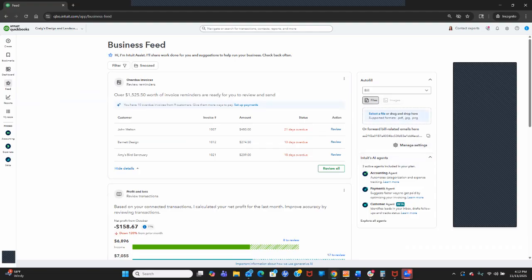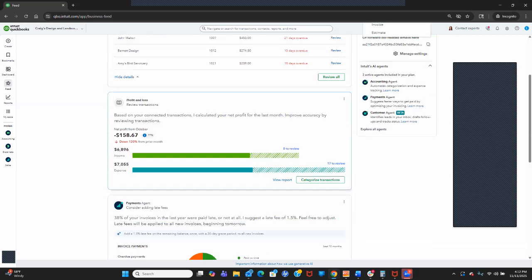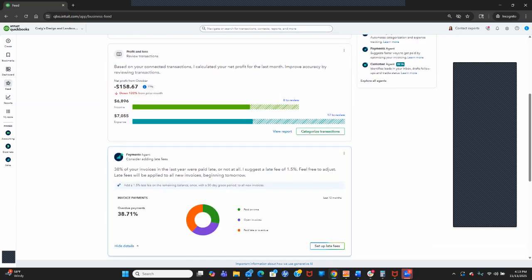You can also just drag and drop things into here where you can create different things for your customers, a bill, an expense, an invoice. You don't have to be directly in their profile anymore. Once you're on the business feed, you can start to do all of this. You have overdue invoices. Here's your profit and loss. Here's your payments